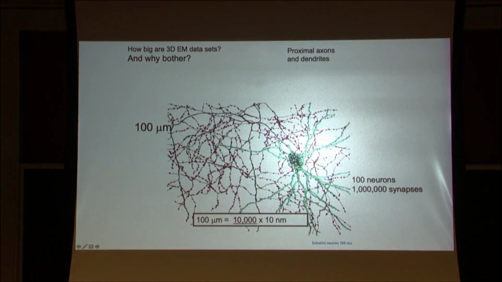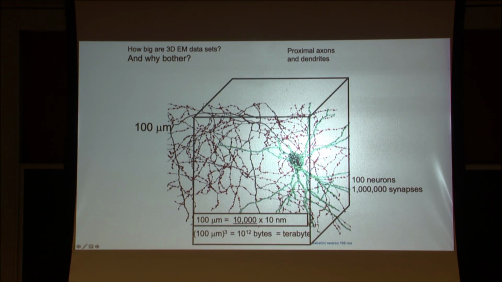Let's go up to the scale of individual neurons, or at least the proximal core of a neuron. And this is 100 nanometers again. In a 100 nanometer box in the brain, you get 100 neurons, 1 million synapses, a ton of data, a terabyte of data. And you might think that you could study the connections